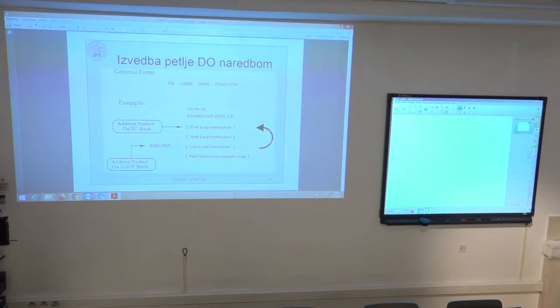So this end loop is the address of the last instruction of the loop. And once it reaches this last instruction, it automatically decrements the counter and checks whether this hardware counter has reached 0. If not, it will automatically wrap around the program counter to the first address of the do loop. To do so, it uses the program stack for the return address, and it uses